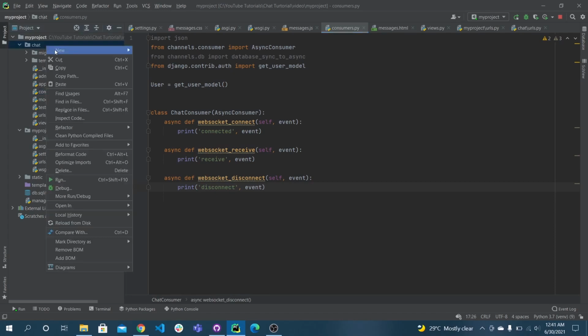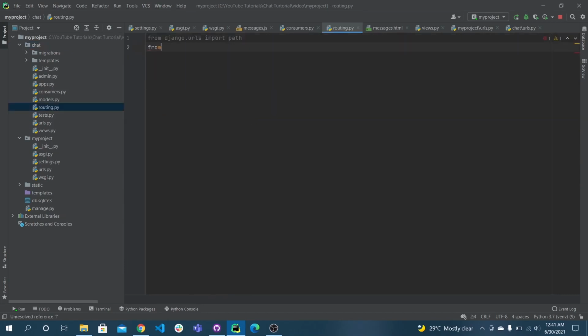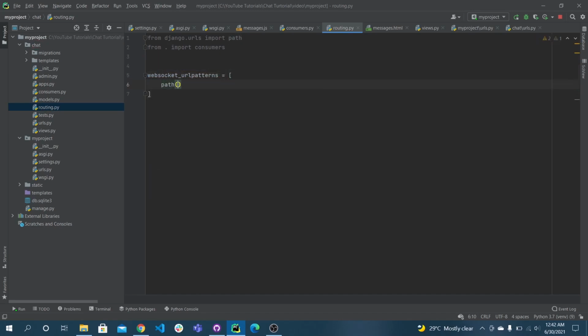Now we have created our chat consumer, but we haven't routed the path to it. So we need to create a new file named routing.py. Here we will write the URL patterns. We'll write a simple path which defines chat/.